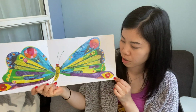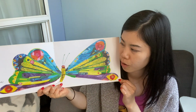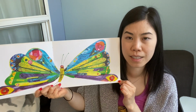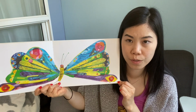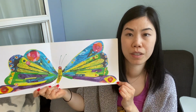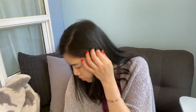And this is just our first lesson today, but later we will find out more about what is actually happening inside that chrysalis or cocoon that turns the caterpillar into a butterfly. Okay? So for today,